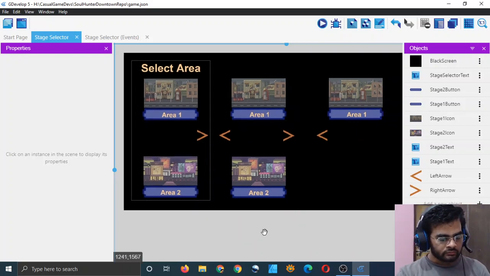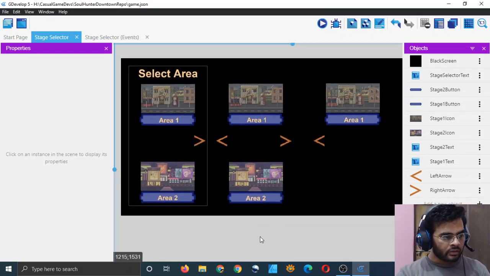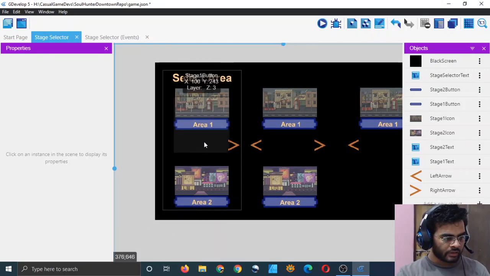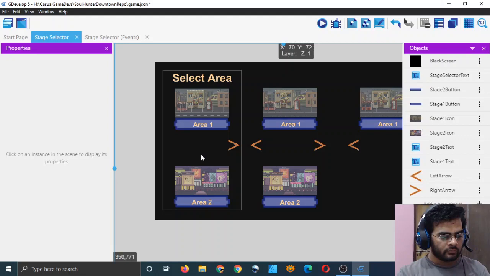So yes, it is 360. So the current X position of the camera should be 360, and the current Y position of the camera should be, I believe, around 640 cross 360. This is the current position, I think.